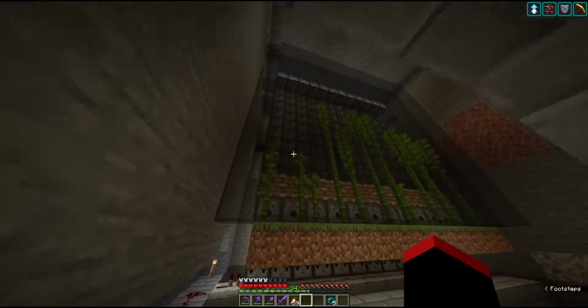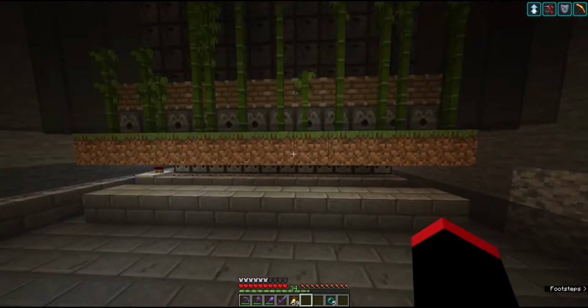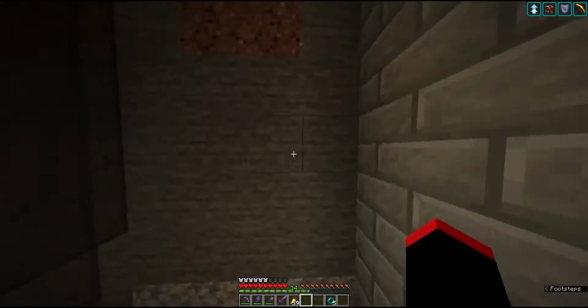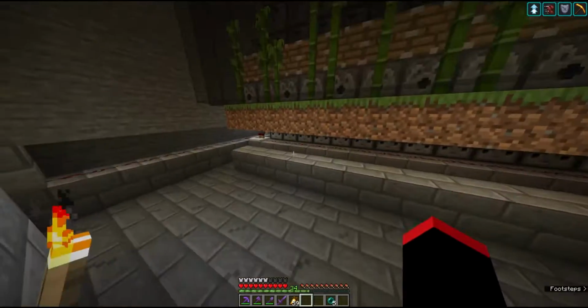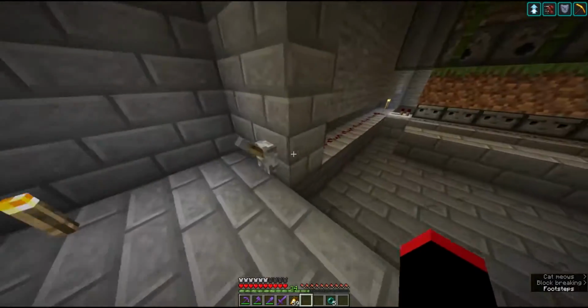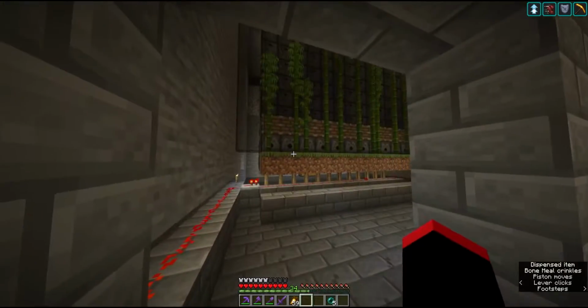And so I built this, right? This is a bamboo farm. It's small. I might have to extend it a lot, it seems, and send it all the way this way. But as you can see, this is here, this is growing. This is going to require me to AFK way too much. So I have this set up here, which is a,